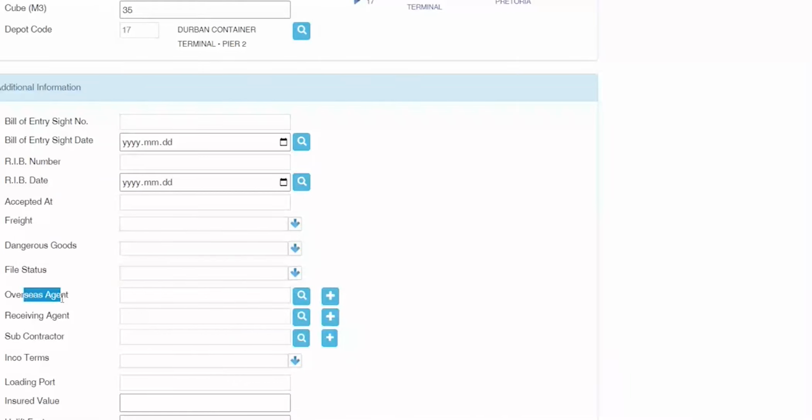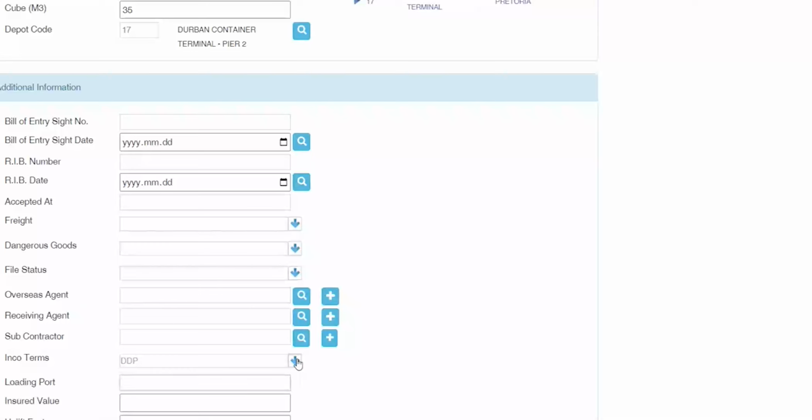Overseas agents. So if you do know it's overseas agent to receiving agents and you want to print that on specific documentation, you can utilize that field, inclusive with the subcontractor. Sea freight, most commonly I would use Incoterms here. Now the Incoterms here is actually very, very important. These Incoterms for sea freight type entry, if I had to select DDU or DDP, for instance,